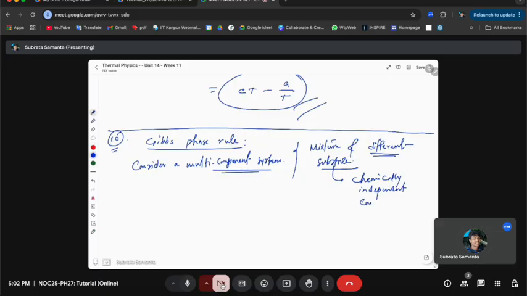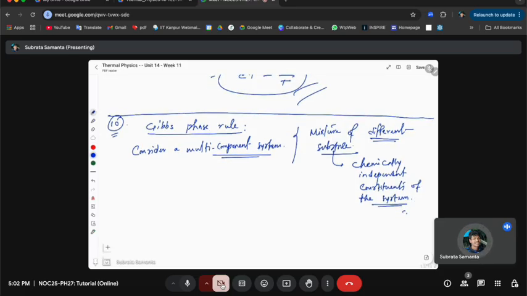So in this multi-component system, let's say containing C components, okay, and P different phases,